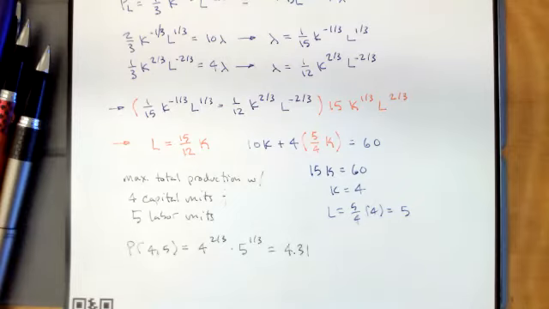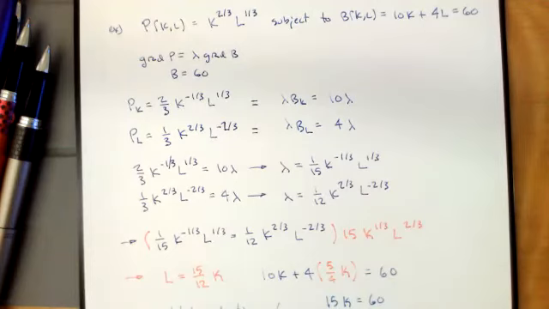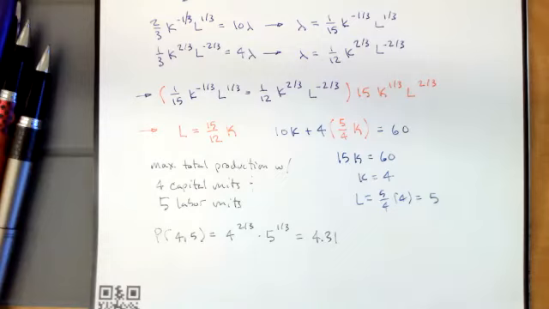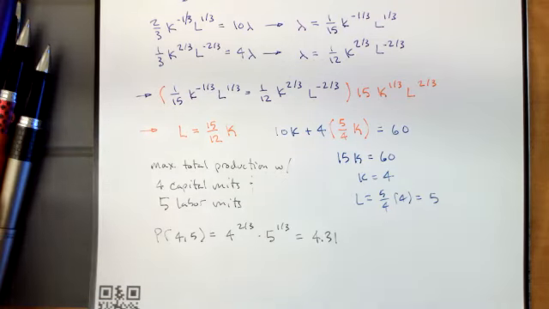Well, wait, there's more, because I just solved for L and K, but there were 3 equations with 3 unknowns, 2 from the first derivatives and 1 from our constraint. So there is another value running around, and that's lambda. Lambda will represent how much production will change if our budget increases by 1 unit. Lambda will be the production increase